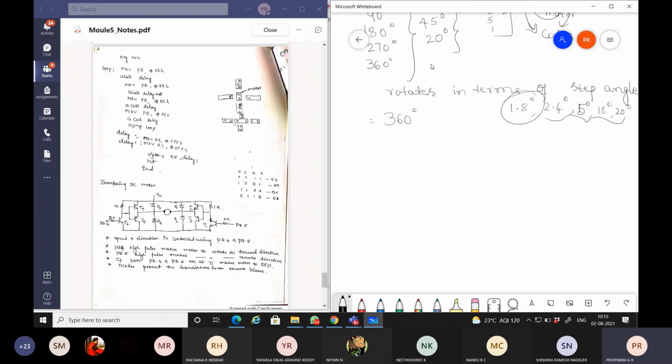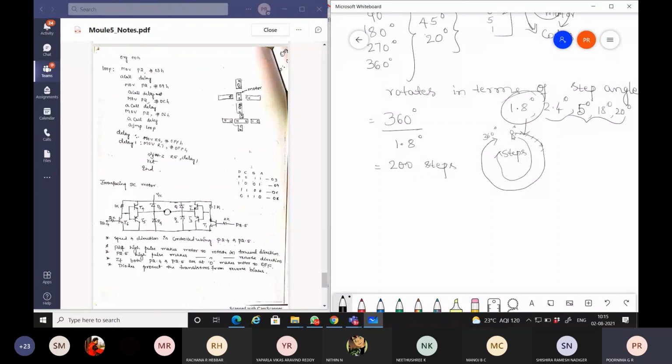So whenever the stepper motor has to make one complete rotation, starting from 0 degrees to 360 degrees, if each step size is 1.8 degrees, then the total number of steps it takes you can compute as 360 degrees divided by 1.8 degrees. So you will get 200 steps.